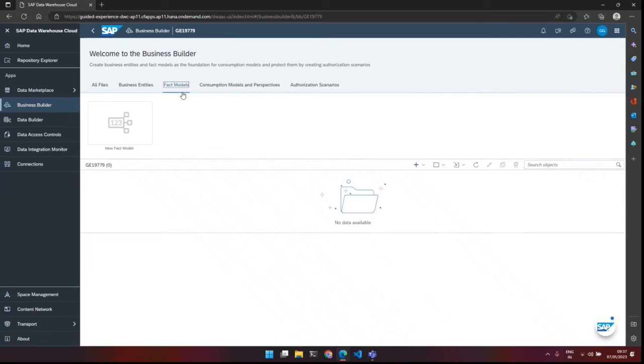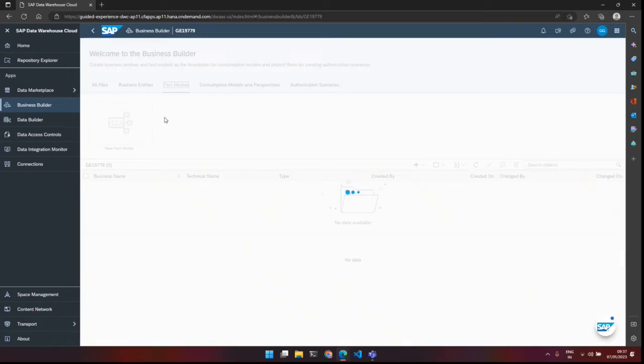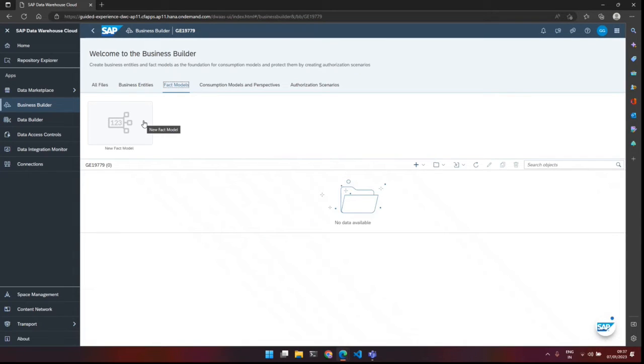So coming to the fact models, we have something called fact models that provide the foundation for all the analytic capability. You can also create reports on top of analytic data sets or fact models. So fact models are like cubes, they are multidimensional. They have a centralized fact table connected to a lot of other dimension tables, whereas a data set is not a multidimensional structure. It is a transparent table-like structure.